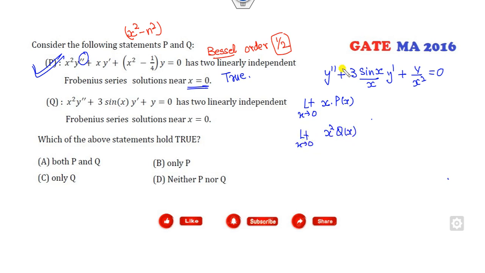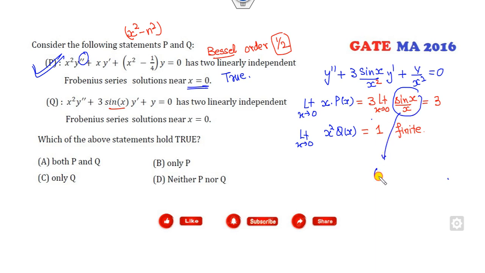When you multiply them, it will be 3 times the limit as x approaches 0 of sin x over x, which will be my 1. So that is finite. That's fine. But you can see this is also finite, but